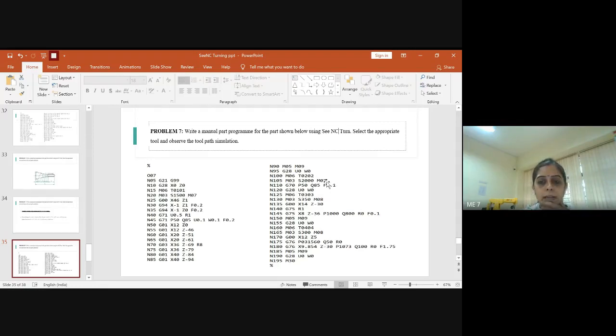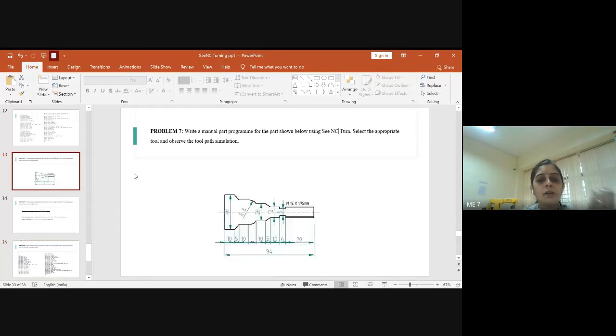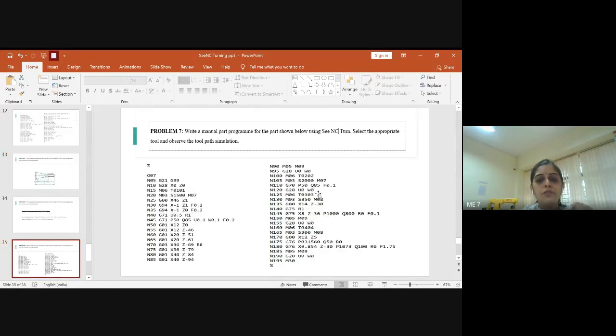Once this is done, the entire process will go on again and the finishing operation will be done for the part you designed using rough turning. So this is done. Now we have to change the tool again. Why? Because we need to do the grooving operation as well as the threading operation. For that, first you should send the tool to the home position.